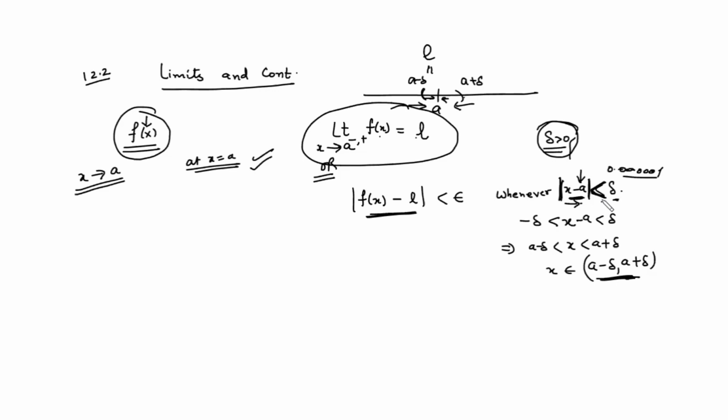Ma'am, can we say that the function is continuous too, because LHL and RHL are equal to a fixed number? No. You will say the function is continuous if the limit becomes the value of the function at that point. Okay, ma'am. Then you will say it is continuous. But right now we are talking about the limit points.